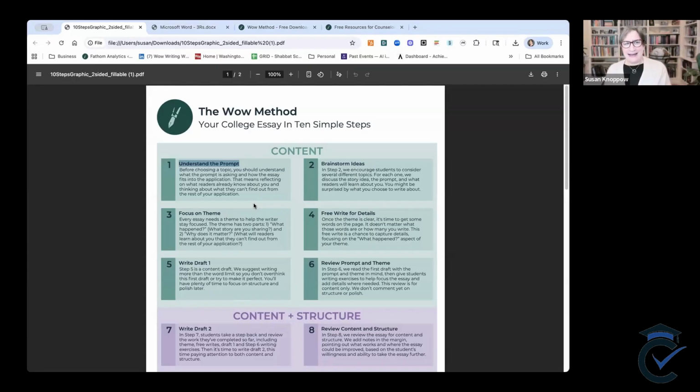Why do I ask them that? It's a pretty simple question, right? I'm checking to see if they get it. The purpose of the Common App personal statement is to find out something about them that you can't find out from the rest of the application. And by that, I don't mean that chocolate is their favorite flavor. I mean something about their characteristics, who they are. So the next question, this thing takes 15 minutes for them to do. It's very easy and very short.